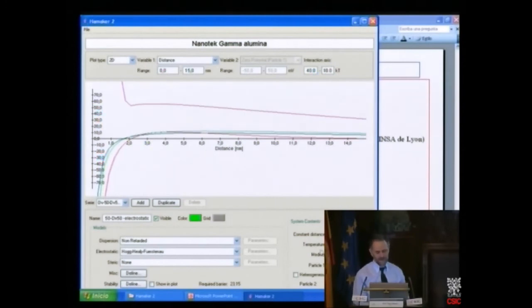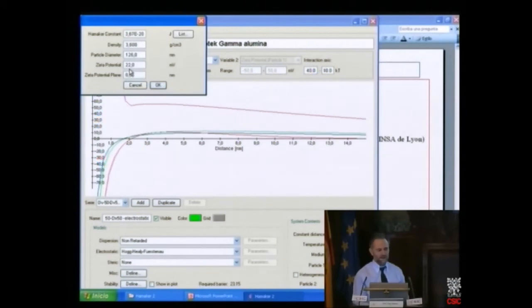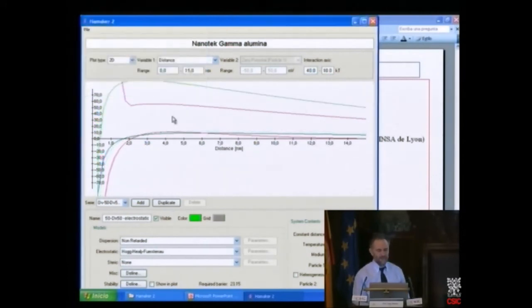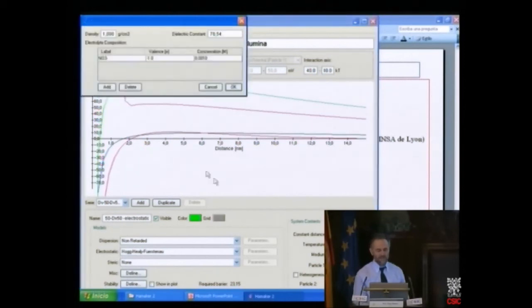So if we go to the particle, we're now working with the green line. We say, okay, what do we need to do with charge? If we can get it up to 50 millivolts zeta potential, boom, we have a massive barrier. Okay, so if we go to the medium, the problem is though